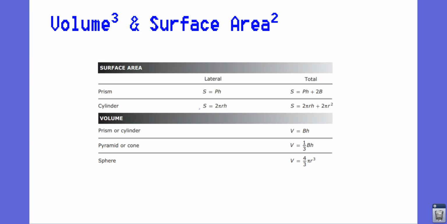All right, probably going to break this up into two videos. One of them is going to be volume, one of them is going to be surface area. So starting with volume, it's going to start with a prism, then a cylinder, go to a pyramid, then a cone, and then go to sphere. I'll be using a calculator. I highly suggest that you use one too,